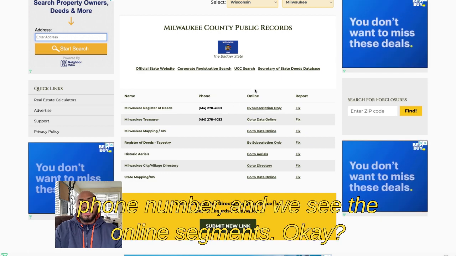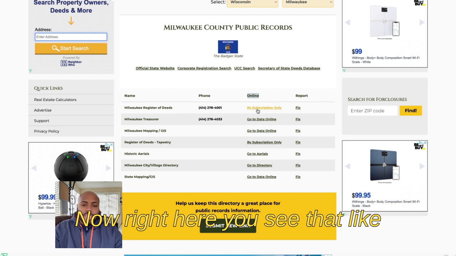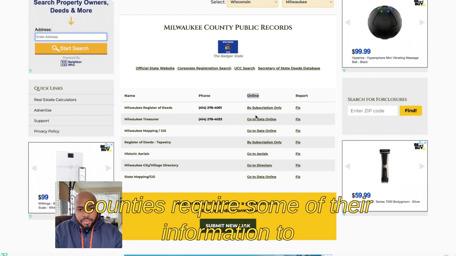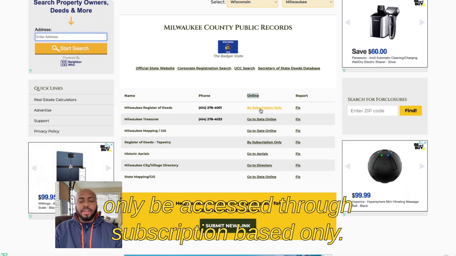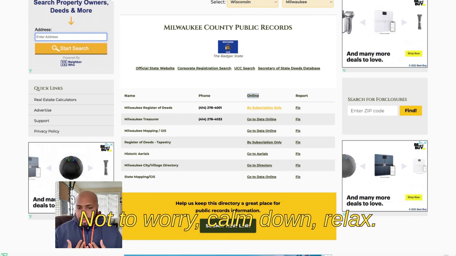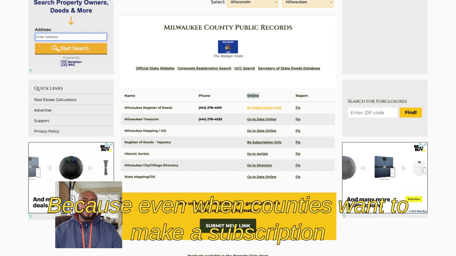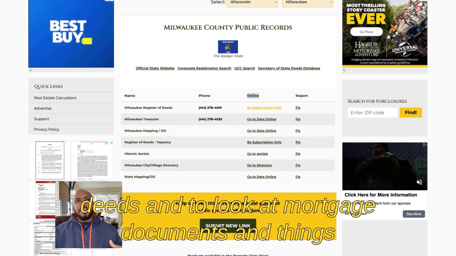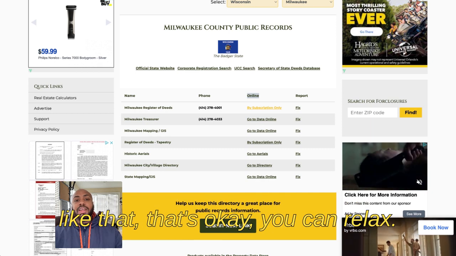Then from there, what we're going to do is we see the name, we see the phone number, and we see the online resources. Okay. Now, right here, you see that some counties in the United States require some of their information to only be accessed through subscription. Not to worry, calm down, relax, because even when counties want to make a subscription basis to look at things such as recorded deeds and mortgage documents and things like that, that's okay.